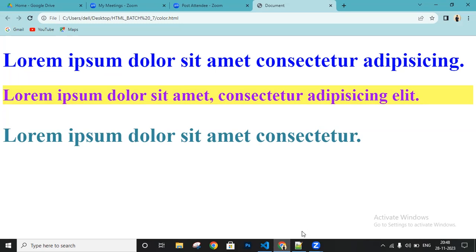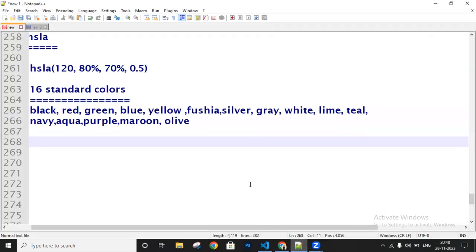Later, in upcoming sessions, we will understand this RGBA clearly. We mostly use it in CSS itself, and I'll explain it there. So that's what the colors are here. You got it, right? Yes, sir. In this session I would like to explain